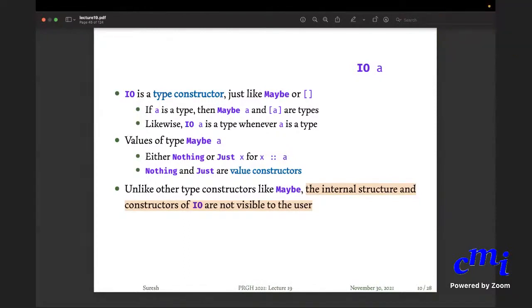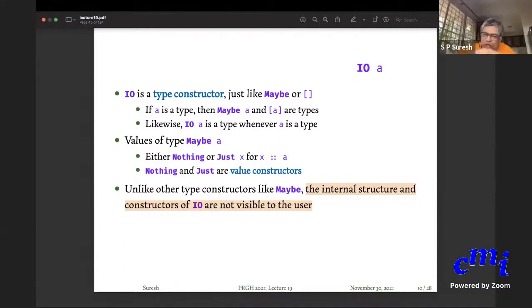Clearly for lists, the list forming is a type constructor, because if you have Int, then you have list of Int, if you have Double, you have list of Double, etc. That produces new types from existing types. That's a type constructor. Value constructors which produce lists are what? Either just the square bracket which produces the empty list, or the colon operator which takes an element and another list and produces a new list. So the colon operator is a value constructor, and the empty list is also a value constructor. Is it clear, Aryan?